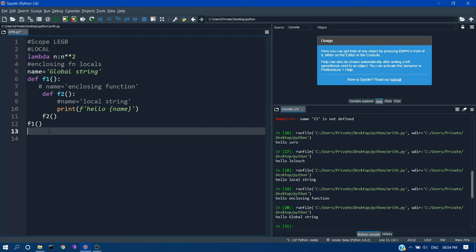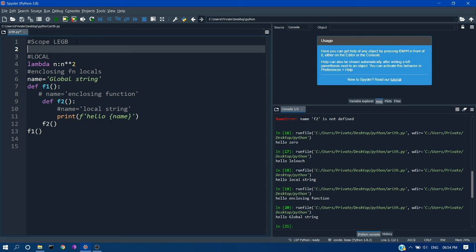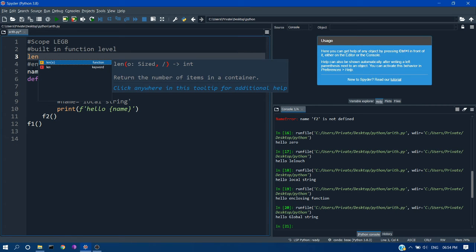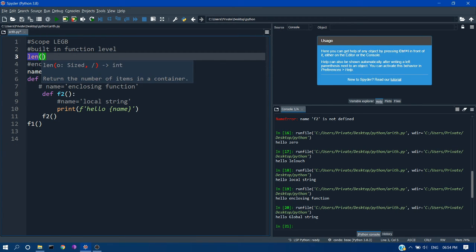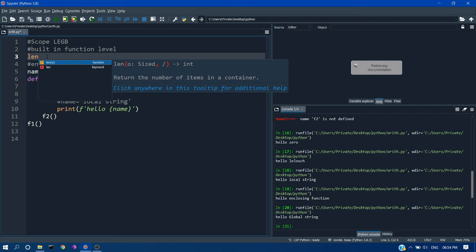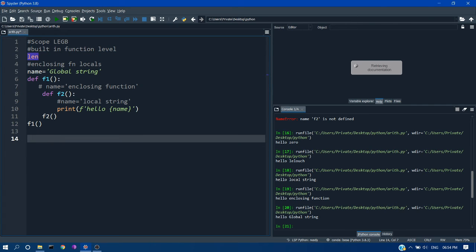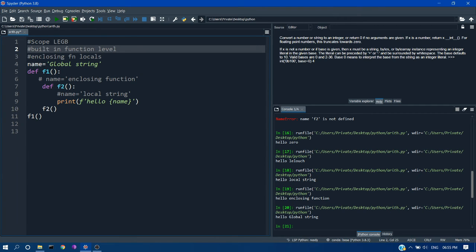So we have discussed all three levels. The only level above global is built-in. These are the variables which are already predefined, or built-in. At this level, we can see len as a built-in function. We can see the syntax highlighting there. We must not override these built-in functions, else we can't use them later in the code if needed. These can be identified from others by using the syntax highlighting. With this we complete the scope of our LEGB rule,